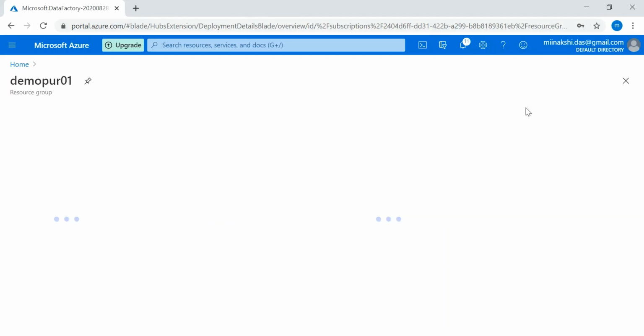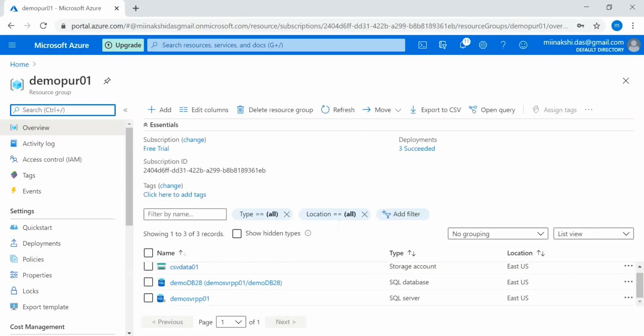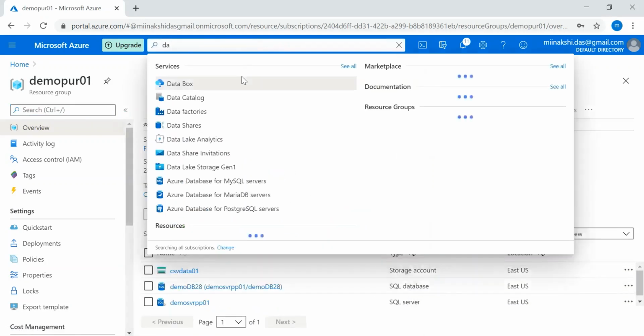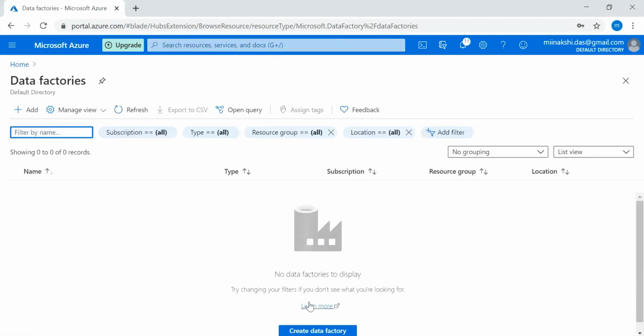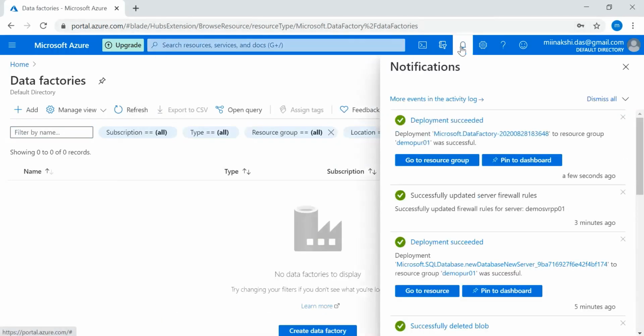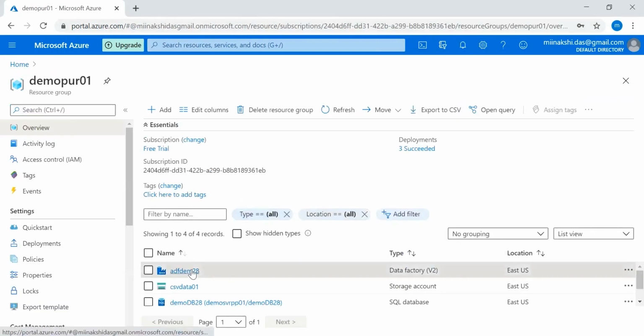Go to the resource group. My Data Factory. My data factory is created.